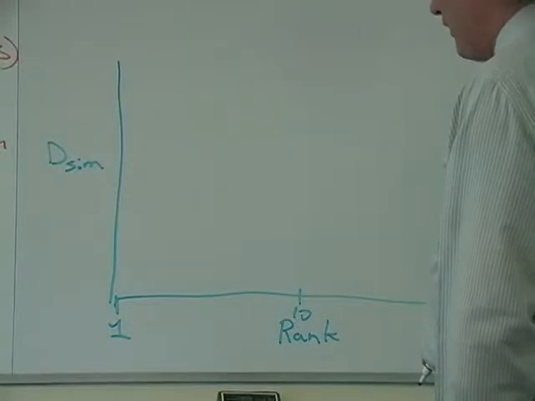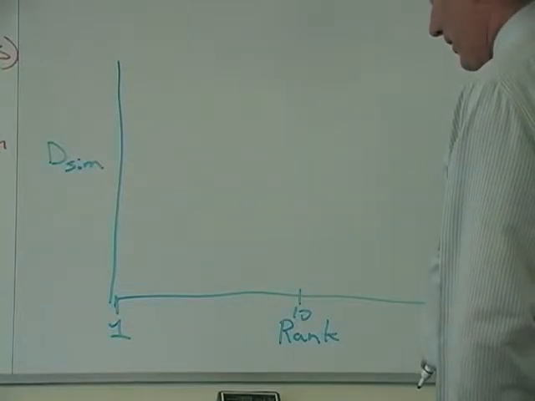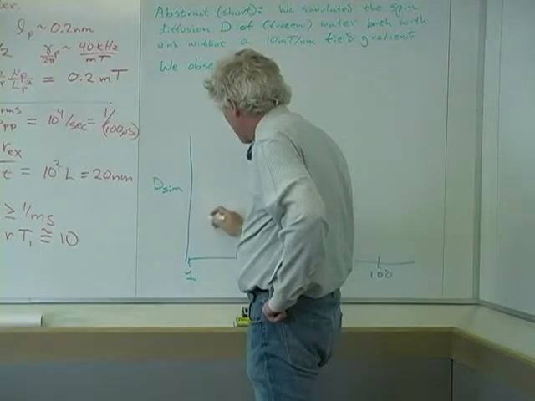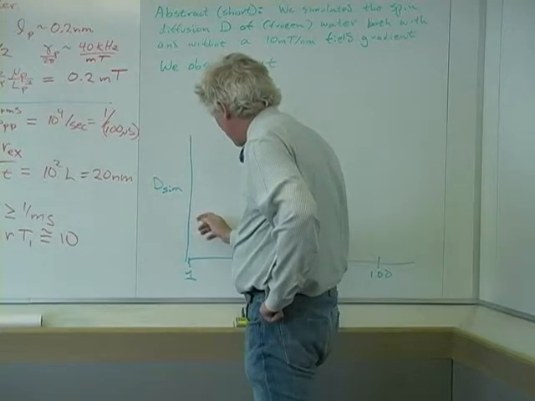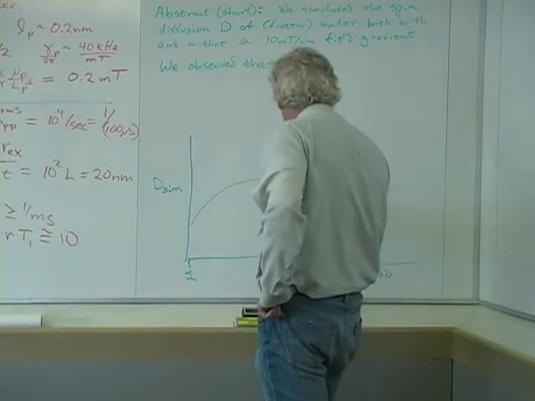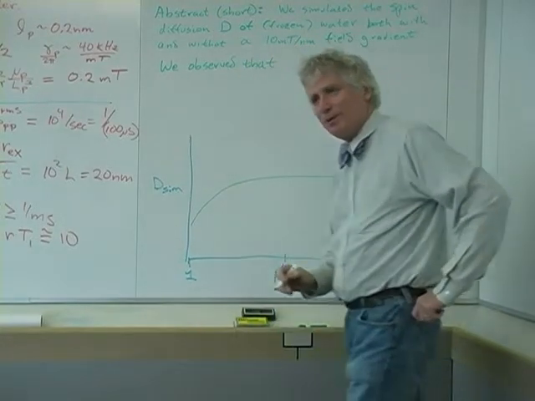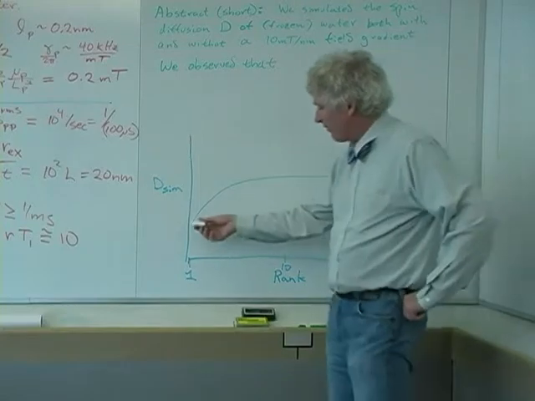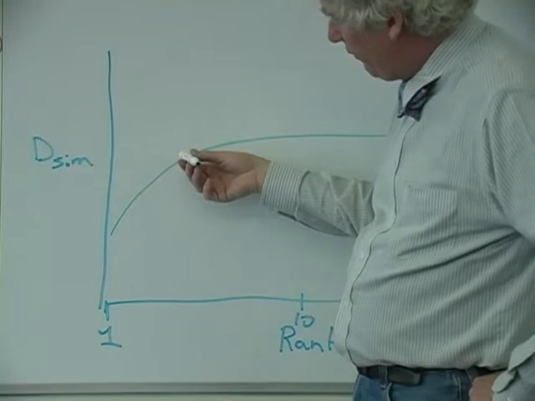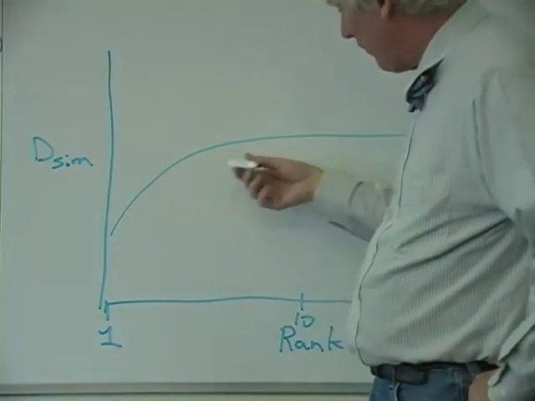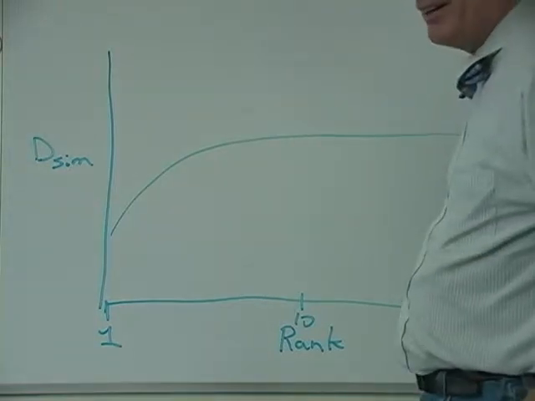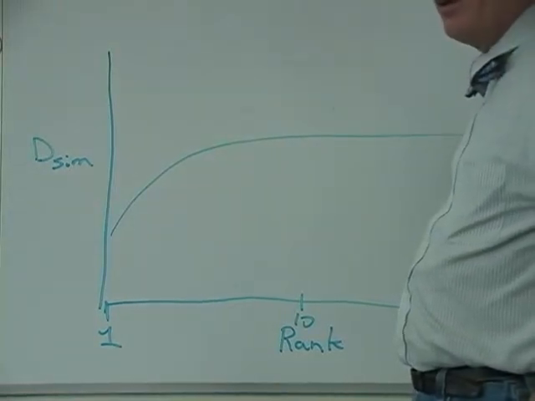And I'm going to draw what I think the curve is going to look like. I'm just going to pick a T1. I don't yet know what it is. And I'm going to assume that quantum effects make the simulation bigger. And I think this is what we're going to get. If we calculate D for a classical system, we get a simulated value that's too low. If we go to rank 2, we get a higher simulation. If we go to rank 10, we get an even higher simulation. And if we go to rank 100, we find that although the calculation slows way down, we don't get a different